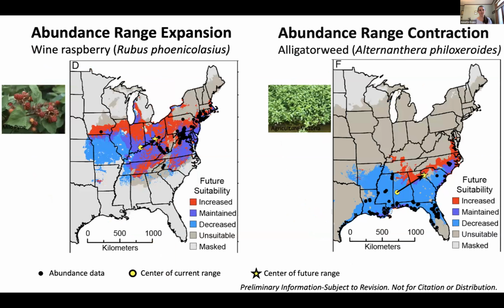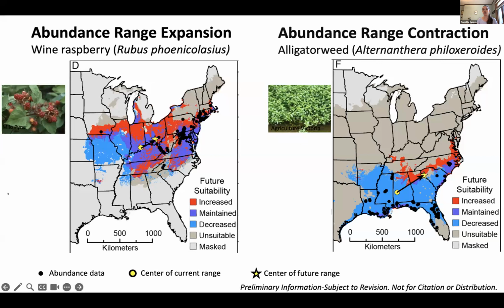And as you can imagine, when we're modeling a whole bunch of different species, there's quite a wide range of responses that we can expect to see in individual taxa. And so for those 144 invasive species that we ran models for our East Coast data set, we can also tease apart and plot out how individual species themselves are likely to be moving. And so here I'm showing you examples of just 2 of those potential responses to climate change. And so here on the left, we have wine raspberry